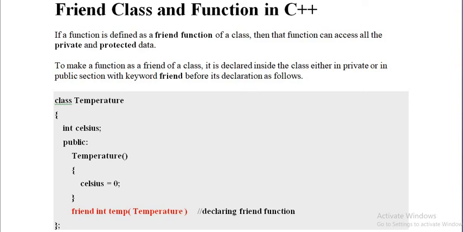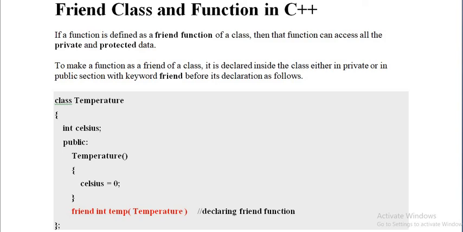Sometimes we may want to access the data of two different classes also. Just think of an example in a bank. We have a loan section, we have a gold loan section, we have a house loan section. A person is having an account in gold loan as well as in house loan also. Sometimes they want to share the data. The data of one particular section wants to share the data of the other section. Of course, it's private in both sections, but sometimes if you want to access it, that is possible through friend functions in C++.